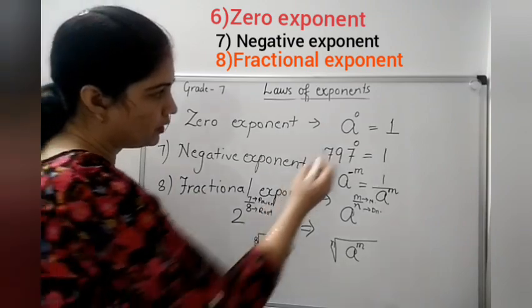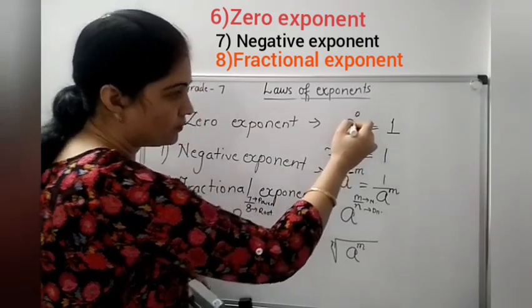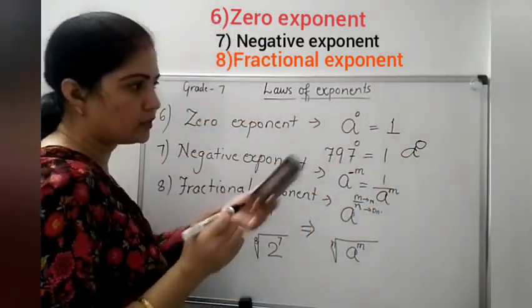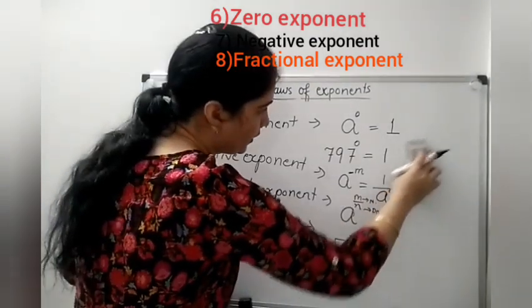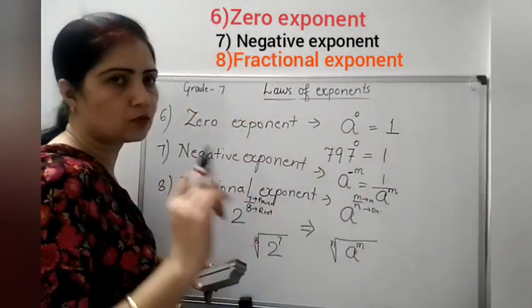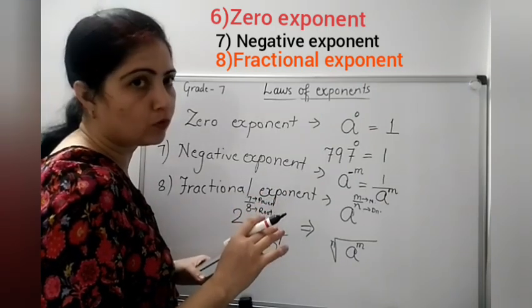Always remember the base is a little bit bigger and the exponents are always smaller. If you write a raised to the power 0 at the same size, it's wrong. Always the base is bigger and the exponents are smaller. If you look, I have written everywhere exponents smaller and bases bigger, so it will be clear for you. There will be no confusion.